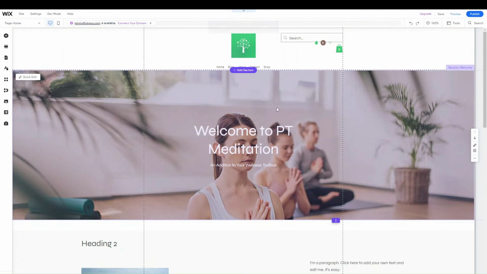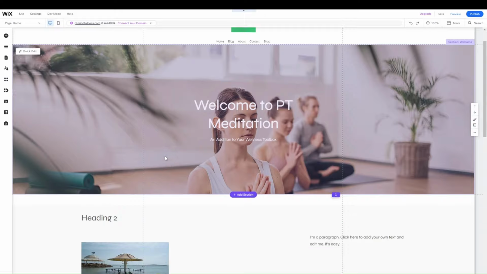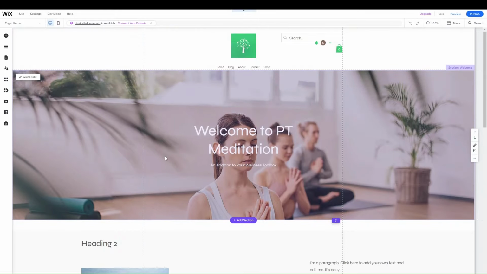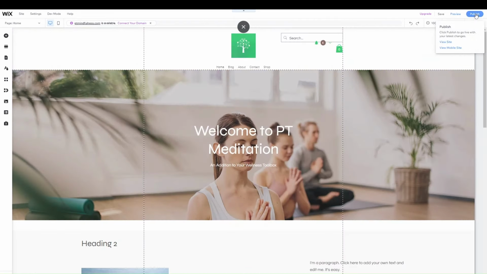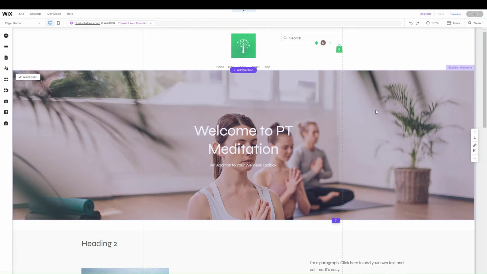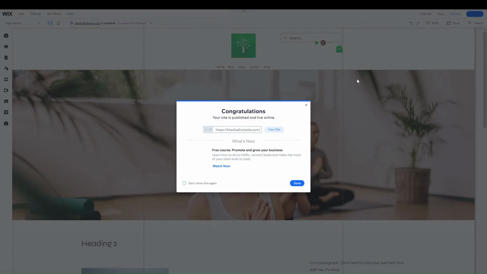Now that you have your blog set up and you've got your site set up in the way you want it, and you've got the product set up as well, what's left to do then is to actually publish your site. So once your site is ready, you need to publish it by using this publish button here, and this will actually put your site live. So you just click on publish, and your site will then be live, and it's using the domain that comes